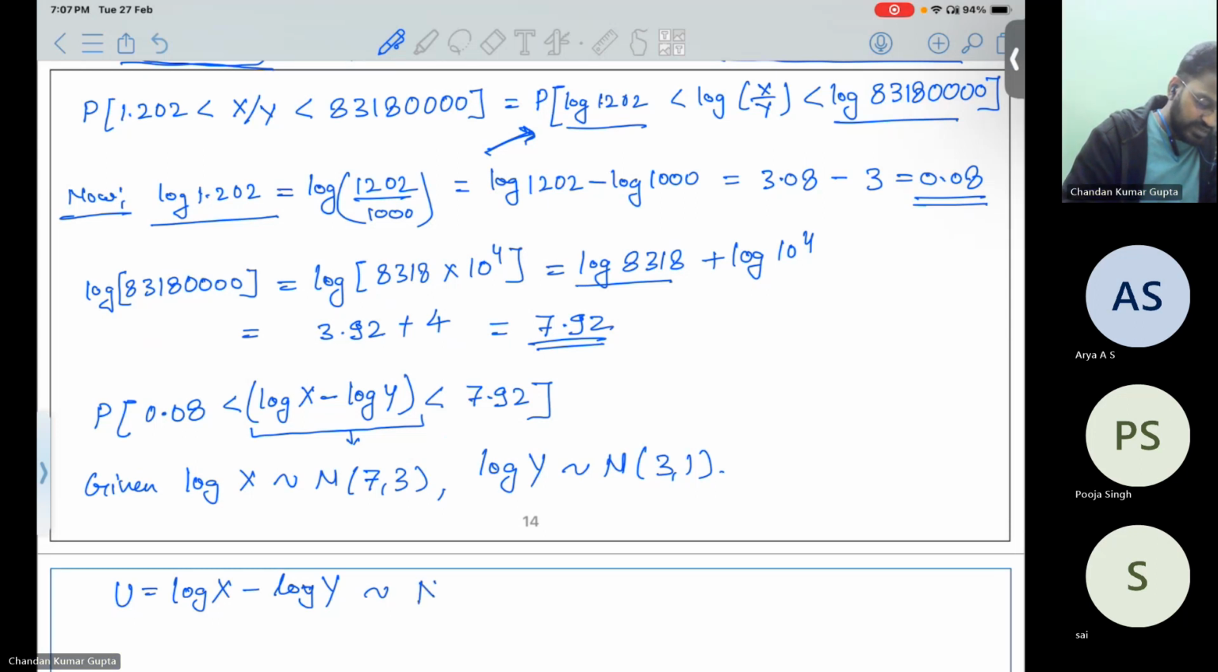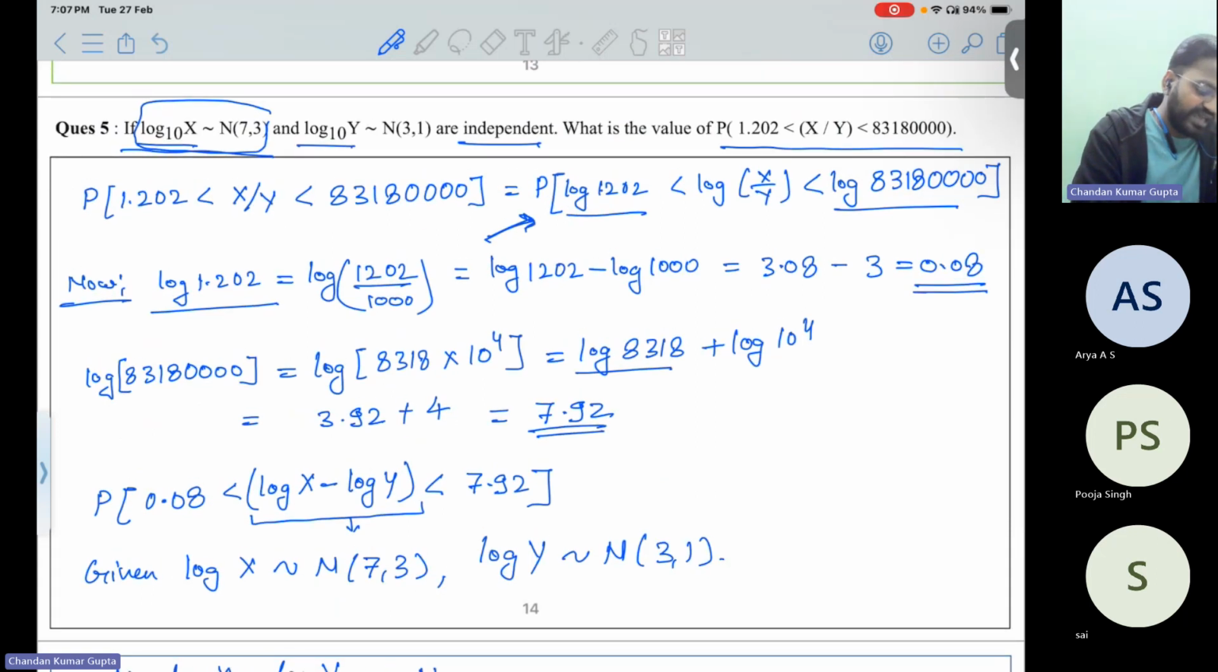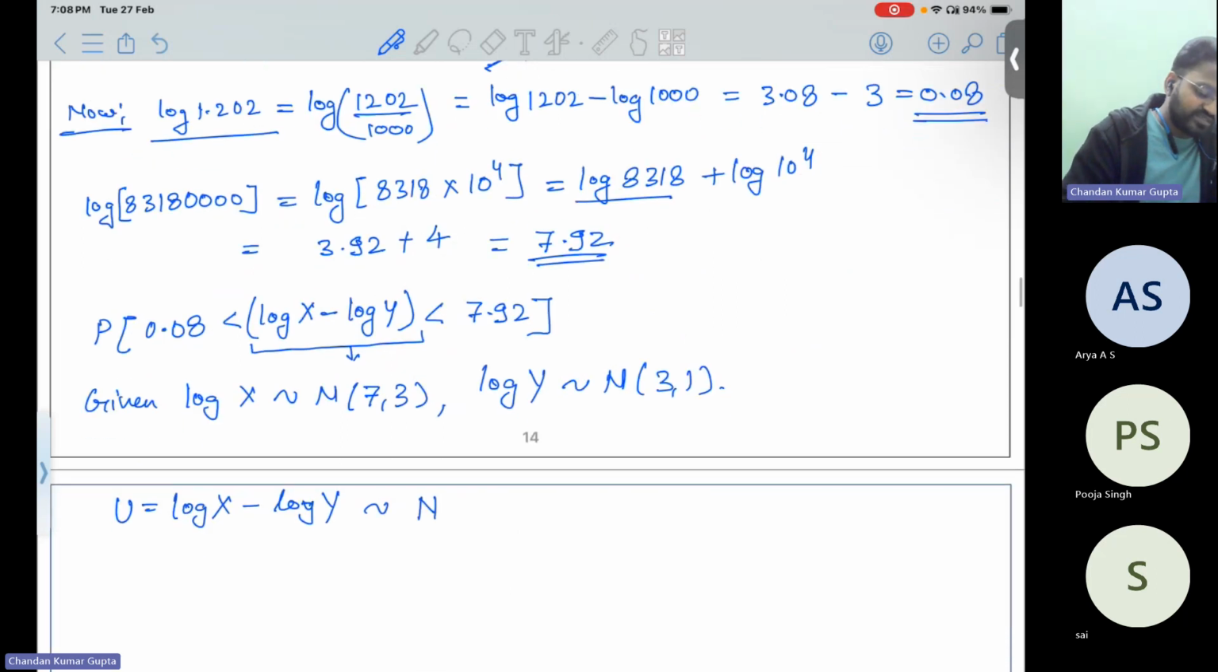It also follows normal distribution because it is a linear combination of normal distributions. The difference of two normal variates is again a normal variate. It is already given that log x and log y are normal variates and are independent. So log x minus log y is also a normal variate with mean,